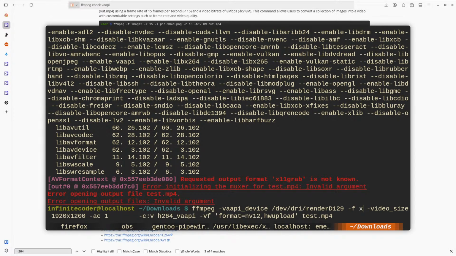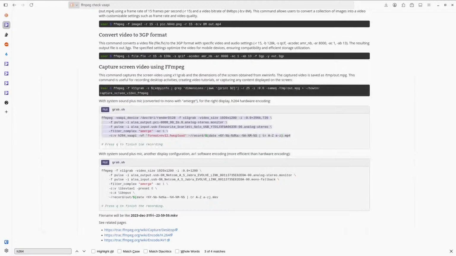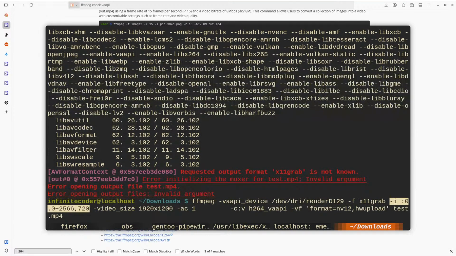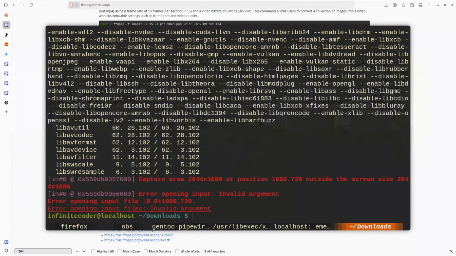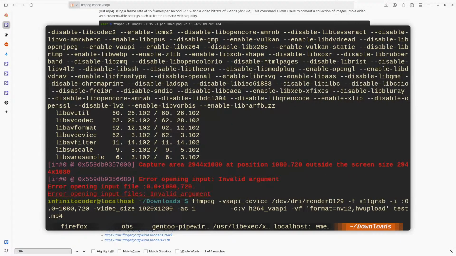Oh, so this... I guess I can do this again, but change it to 1080 by 720. Because why not? What do you mean? 294, but this is not. I don't have a screen that's 294 wide. Excuse me. And 1080 high.